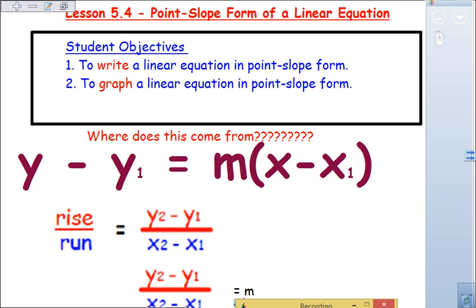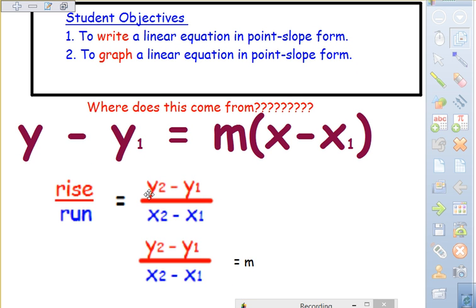So here's what point-slope form looks like. y minus y sub 1 equals m times x minus x sub 1. Where does this formula come from? Well, it comes from the formula for slope, where you notice our change in x is in our denominator, our change in y is in our numerator, and this rise over run is what gives us m. So if I treat this as a proportion and I cross multiply,